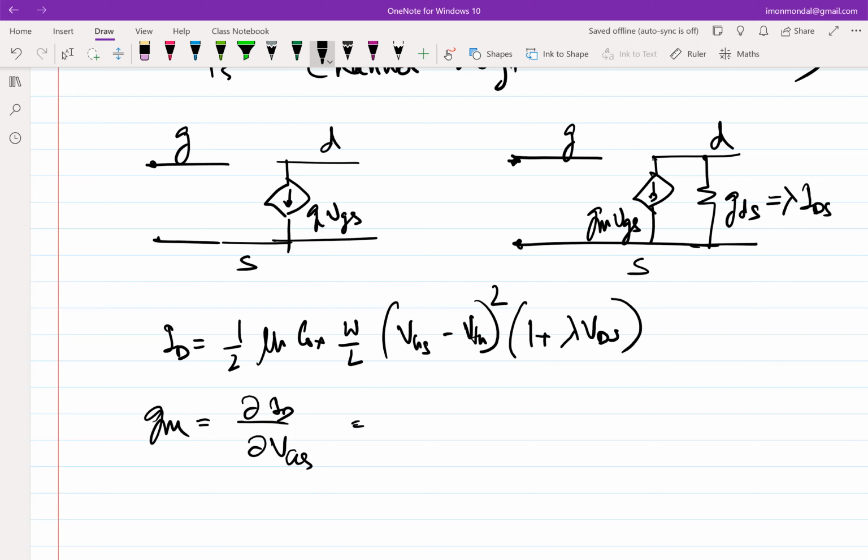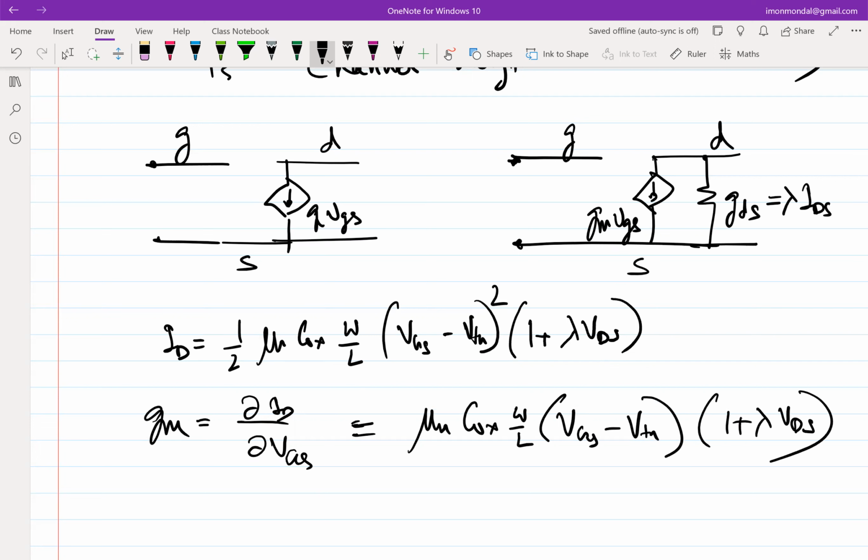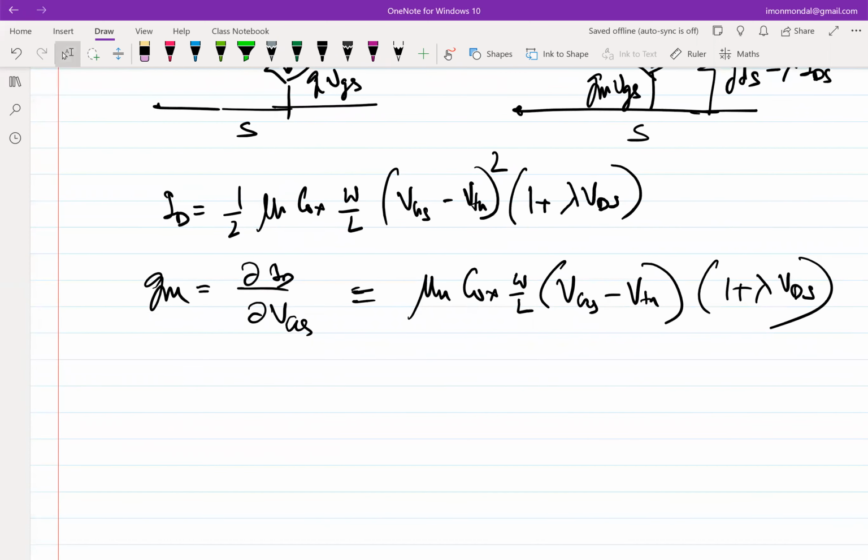So the GM expression seems to have changed, but again,